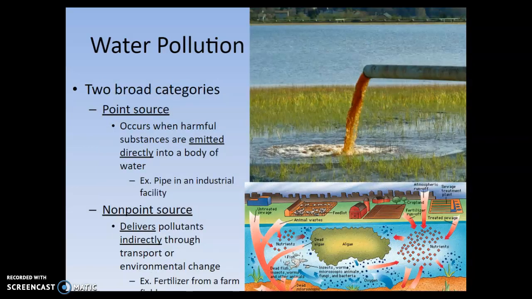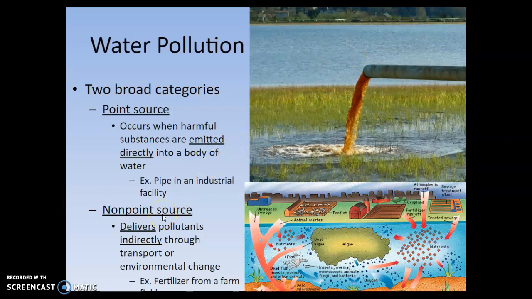There are two broad categories: point source and non-point source pollution. If something is a point source pollution, you can identify exactly where it's coming from. You can point directly to the source and say the pollution comes from here. This first example is this pipe that's spilling into the waterway. This is a point source of pollution. We say, yes, the pollution being spilled into the water is directly tracked back to this pipe. We can see it. We understand that it comes from one source.